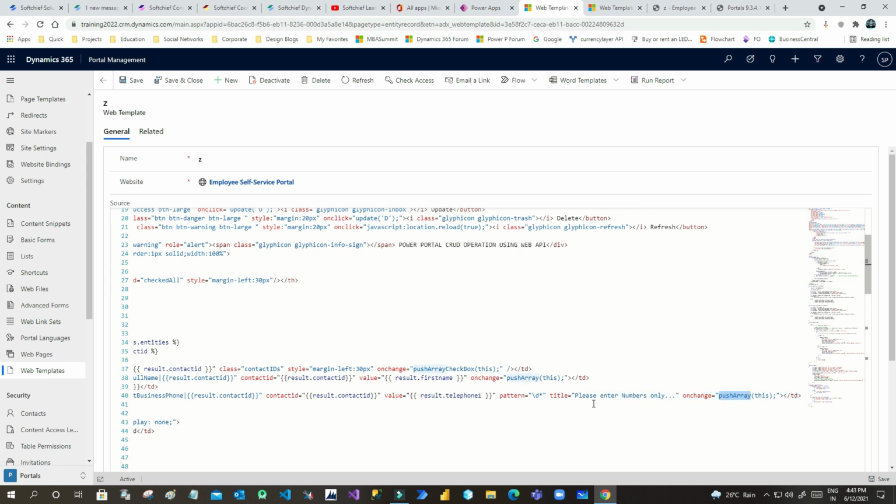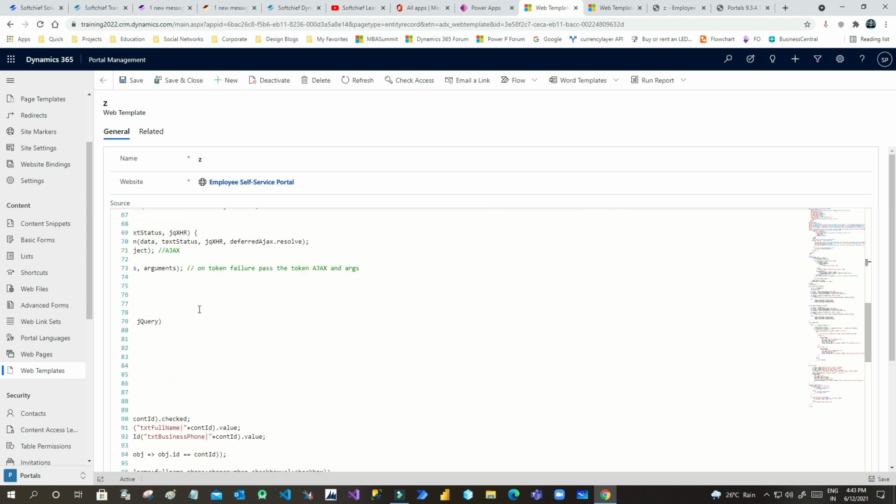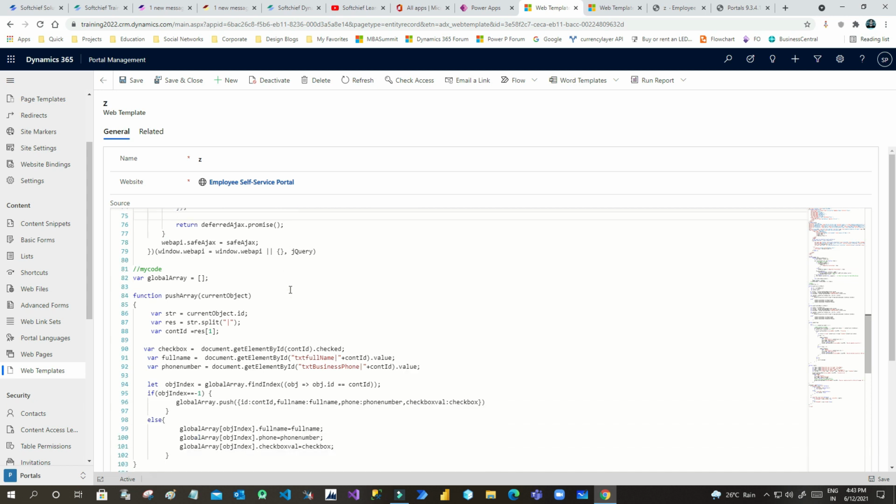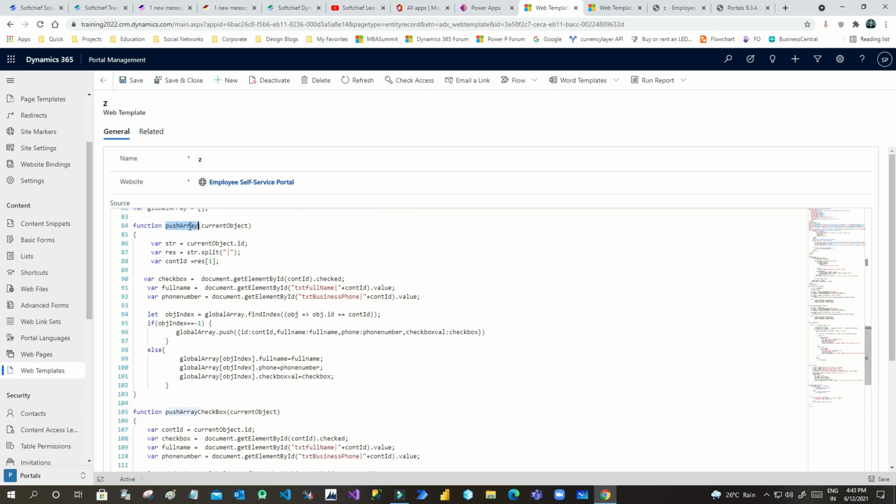On the business phone change also I am calling the same method, and for first name change also I am calling the same method. What it will do is initialize this global array. So this global array will store the first name, the phone number and the checkbox value for that line item.